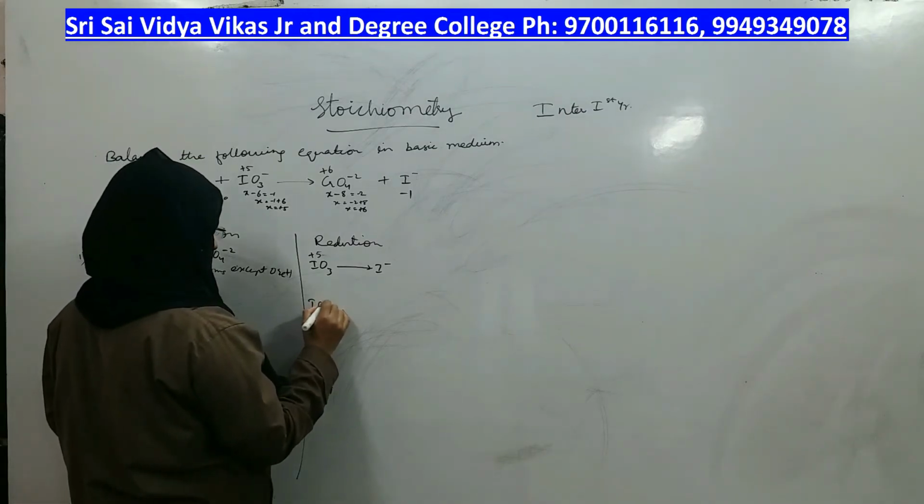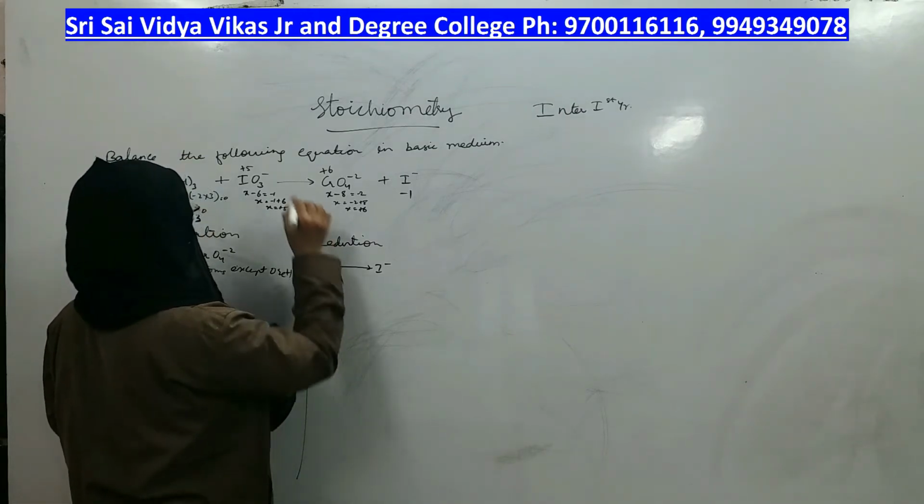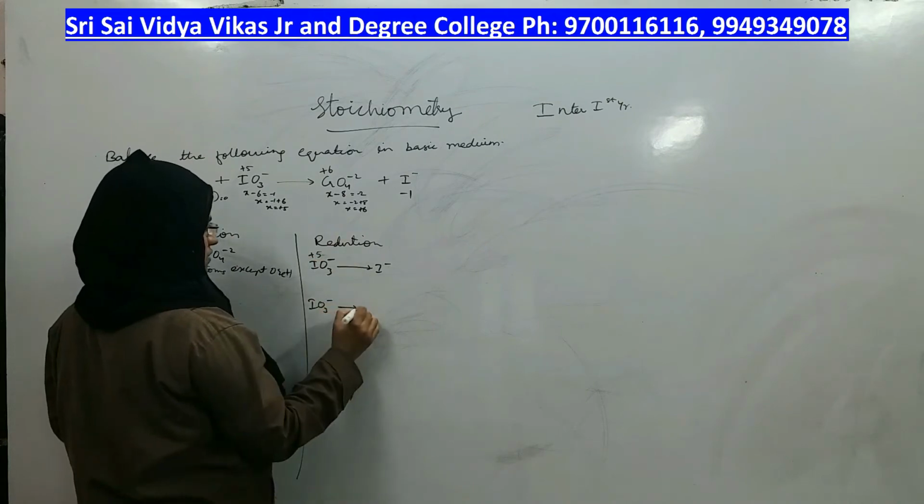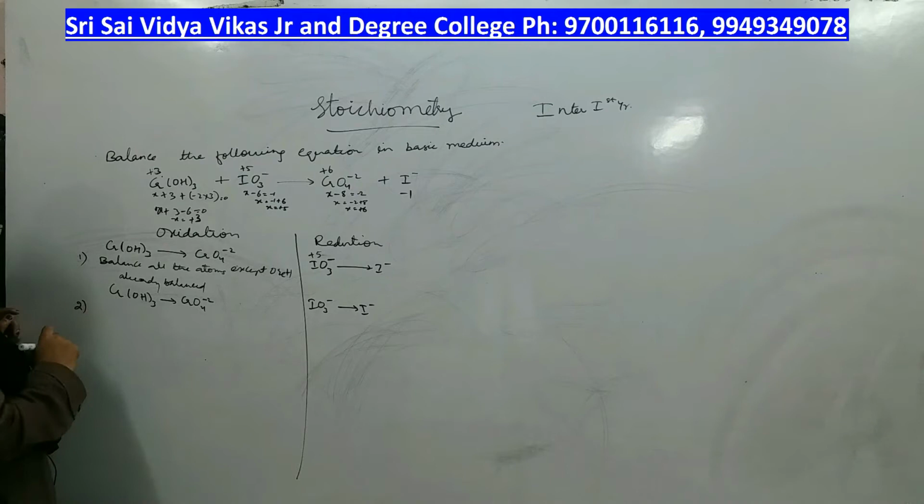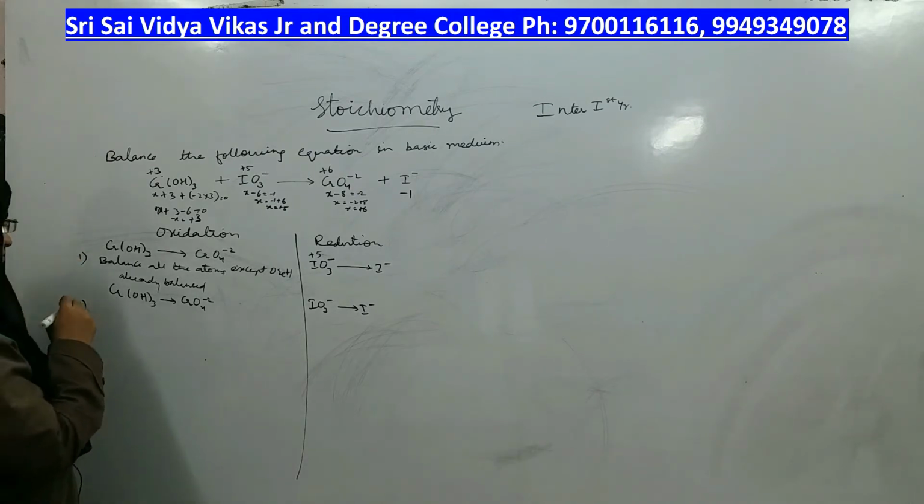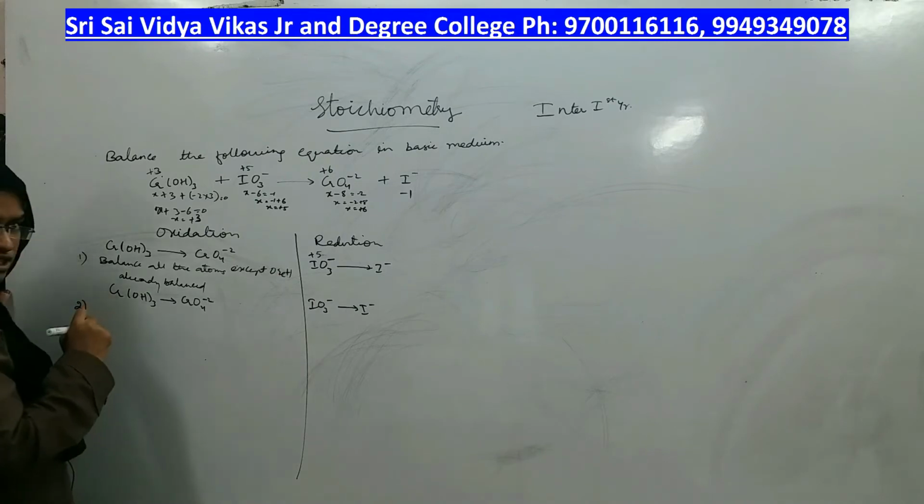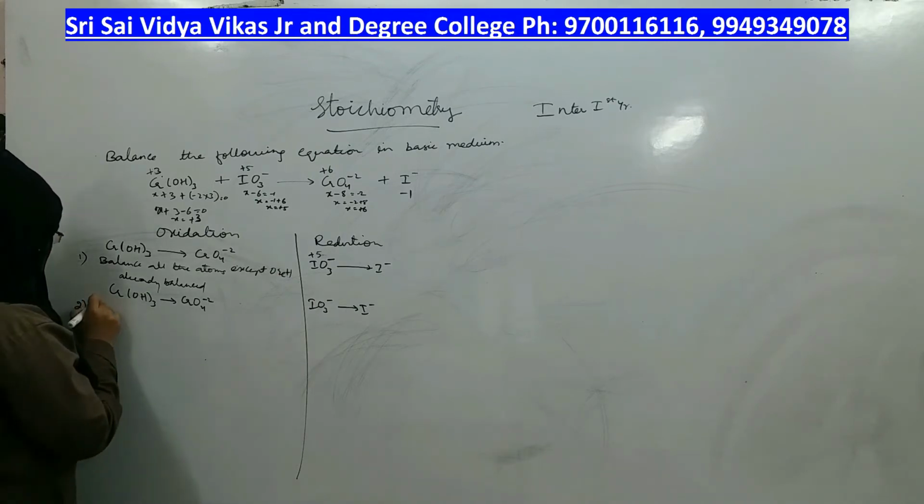Same way here also, iodate gives iodide. What is the next step? Now you have to balance oxygen and hydrogen. What is the medium here? Basic medium. For acidic medium the rule was different, for basic medium the rule is different. In basic medium,